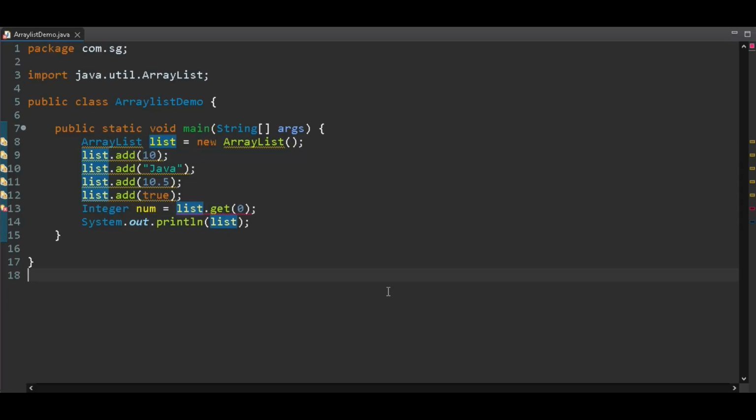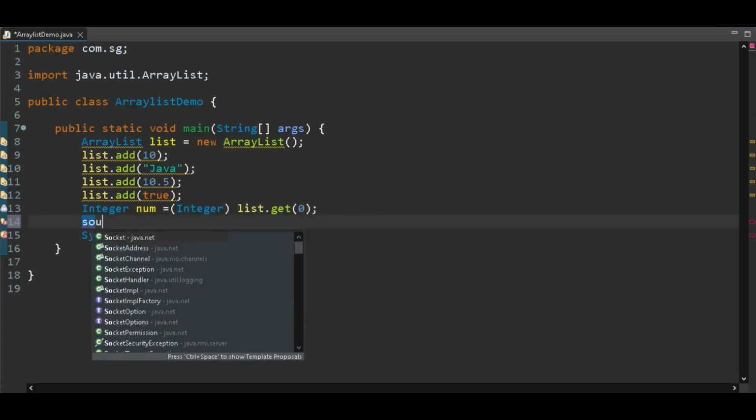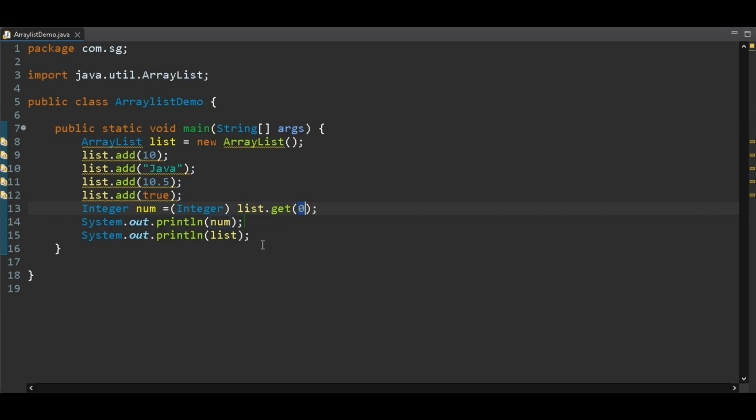Here we are retrieving the integer value which is at index 0, so we need to typecast it to integer. This is called typecasting. Now let's print variable num. Similarly, if we want to retrieve the string value, we can retrieve it like this.